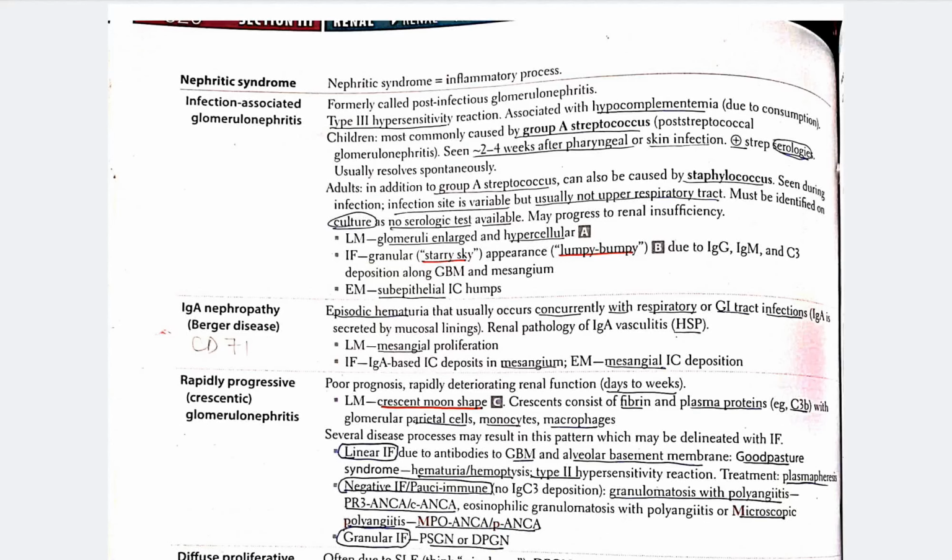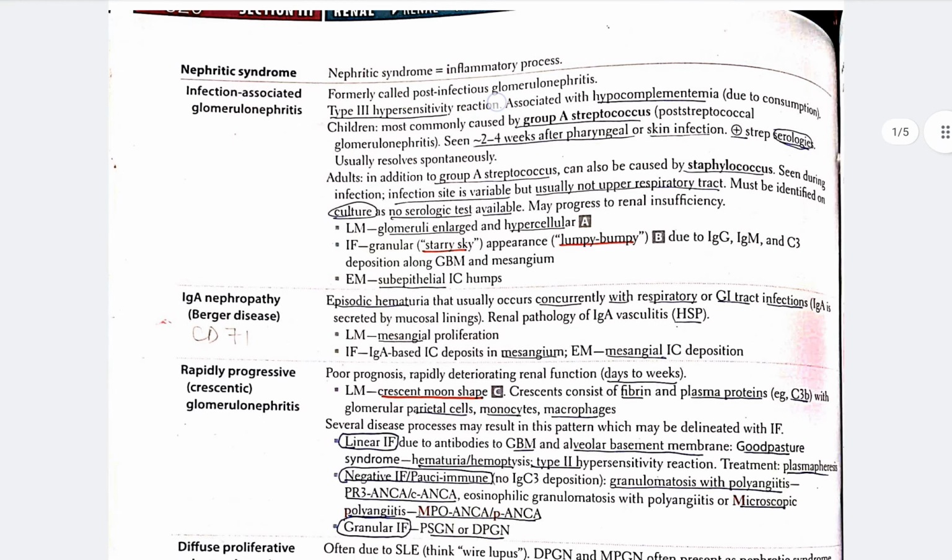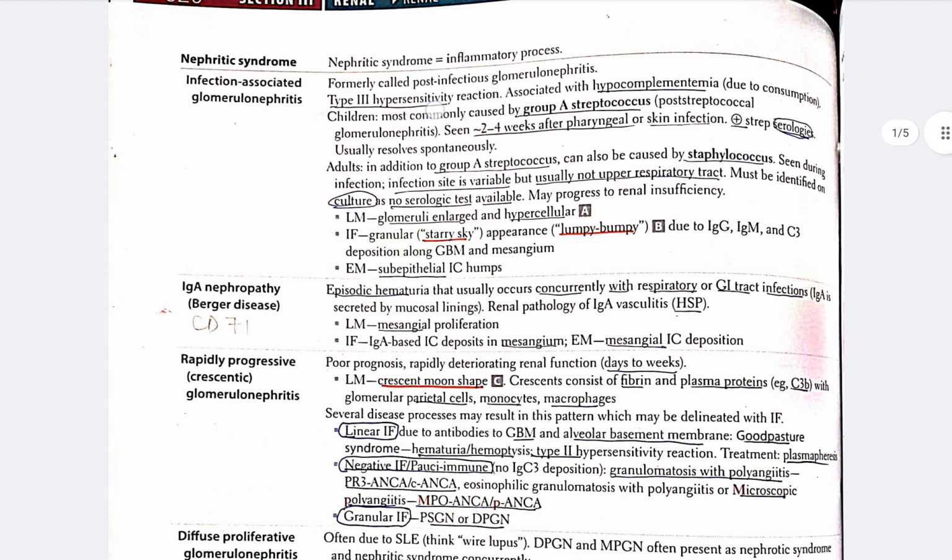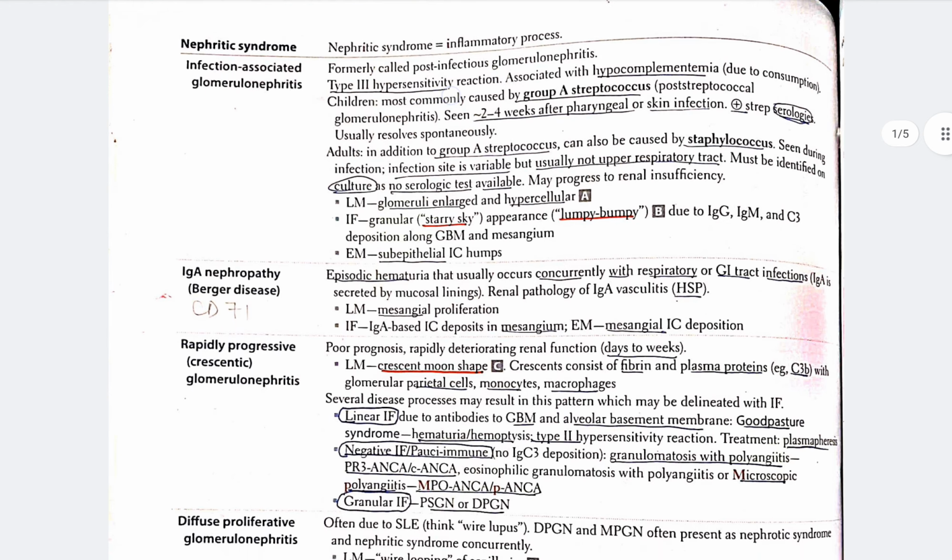Hi everyone. In this video, we will be discussing nephritic and nephrotic syndrome. So first, we are discussing nephritic syndrome. In nephritic syndrome, we have infection-associated glomerulonephritis, also known as post-infectious glomerulonephritis, and it is basically a type 3 hypersensitivity